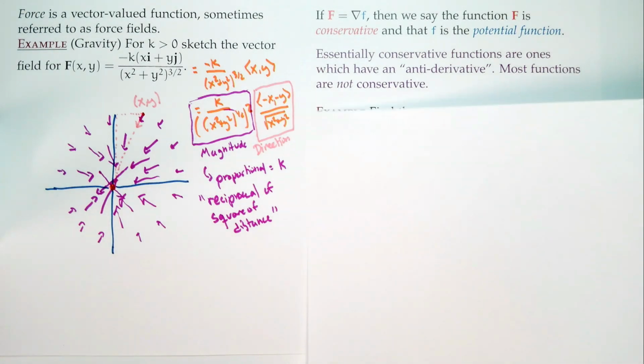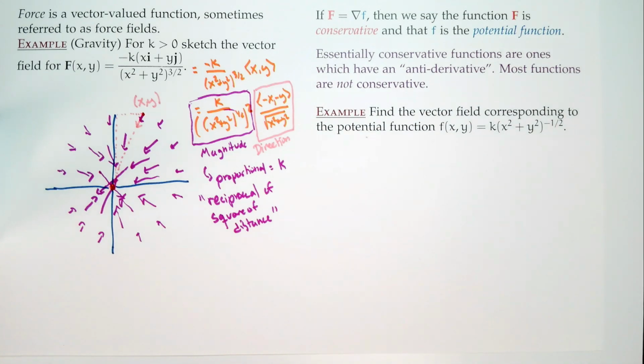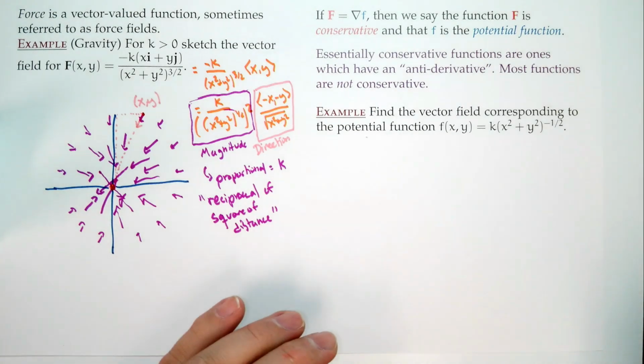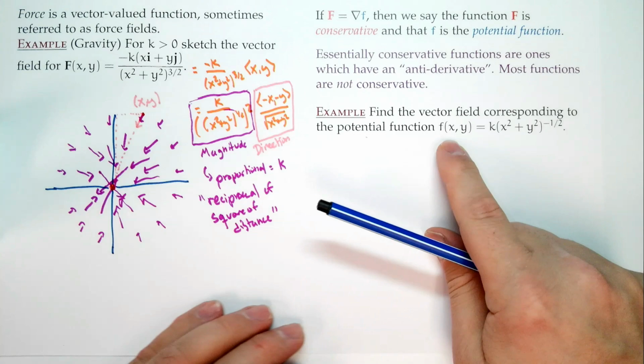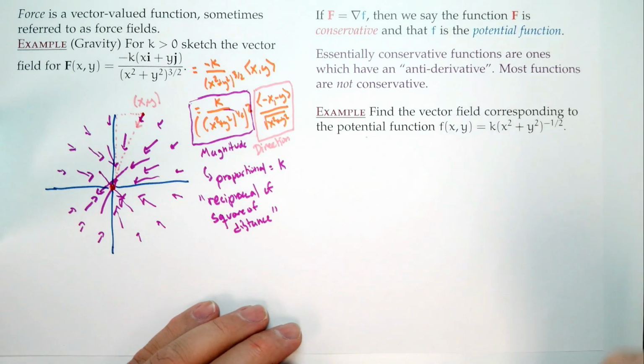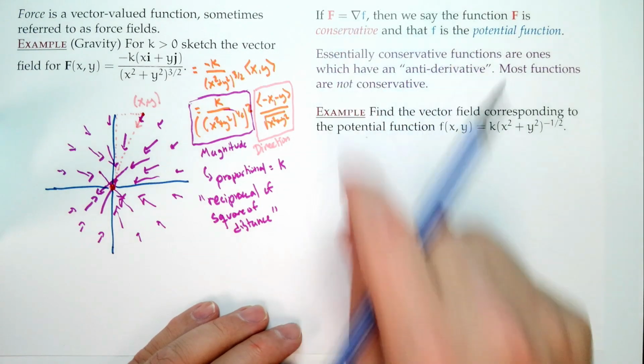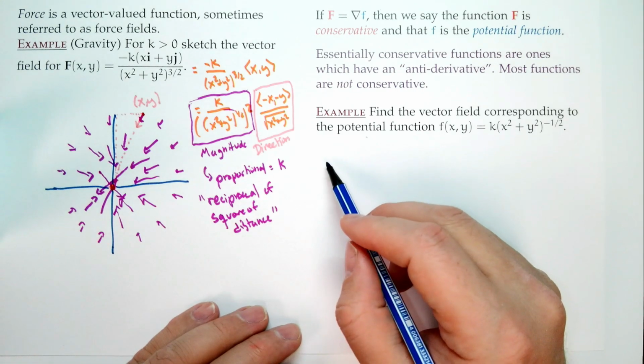Hopefully it'll be good. Now, let's find the vector field which corresponds to the potential function f of x, y equals k times (x squared plus y squared) to the negative 1/2 power. We can always find a vector field for any function. No matter what function I start out with, I'll produce a vector field. And the way I do it is I take the gradient. So the gradient of f